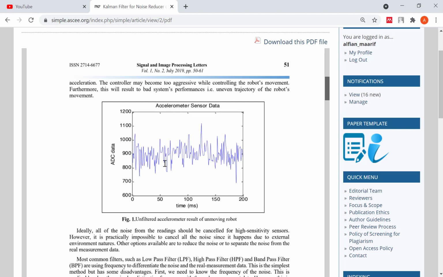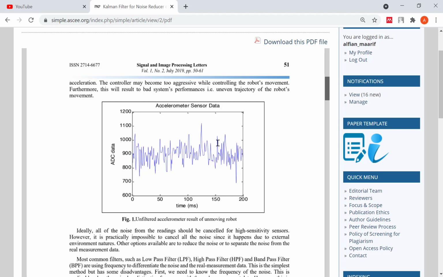In this figure you can see there is a lot of noise, and it is also a sensitive sensor. Because of that, we need the Kalman filter to reduce the noise and make the values smoother. Then we can cancel the disturbance and the noise here.